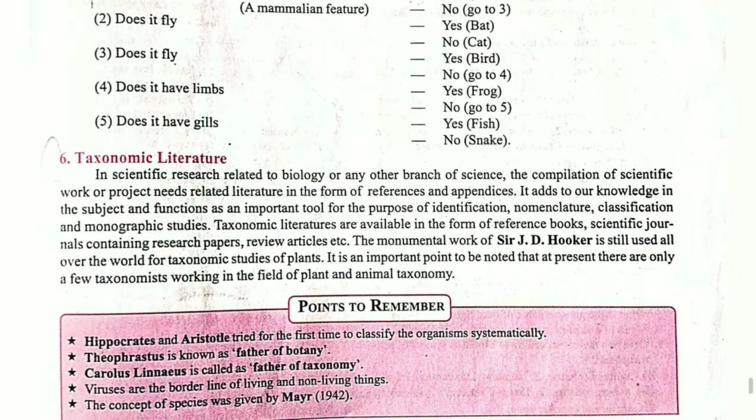Okay. Then taxonomy literature, as I said already, for writing a botanical name, the first letter should be written in capital letter, that is, the genus name is written in capital letter, while the species name is written in small letter. Okay, so that is your taxonomy literature. Along with that, children, certain points are carried out. The first thing, identification, then nomenclature, then classification, then ecological study.